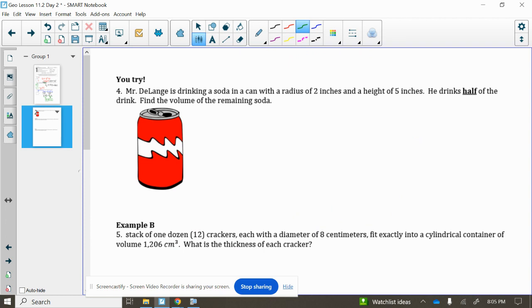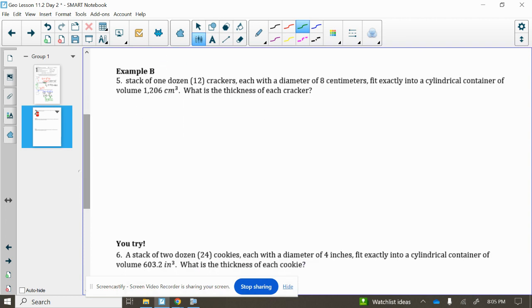All right, in the next example, we have a stack of 1 dozen cookies, which is 12 crackers, each with a diameter of 8 centimeters. And this is going to fit into a cylindrical container with a volume of 1,206 cubic centimeters. We want to know the thickness of each individual cracker. Well, first of all, remember this volume is actually the volume for 12 cookies, right? Or 12 crackers, right? So we know that this is equal to 12